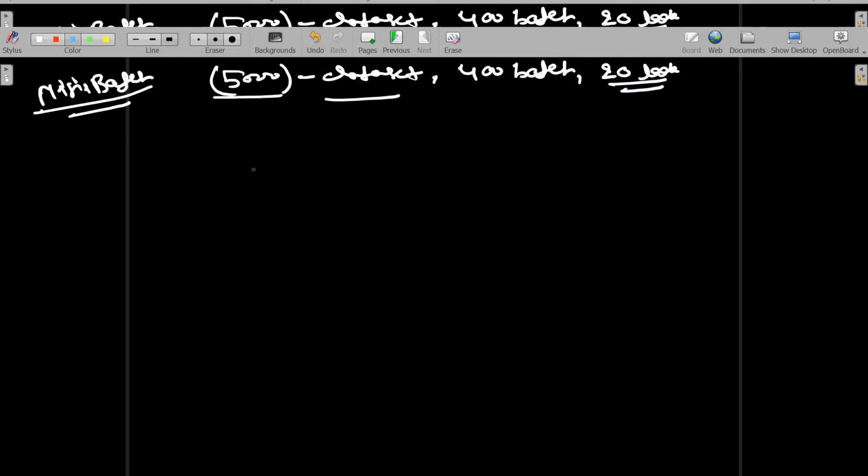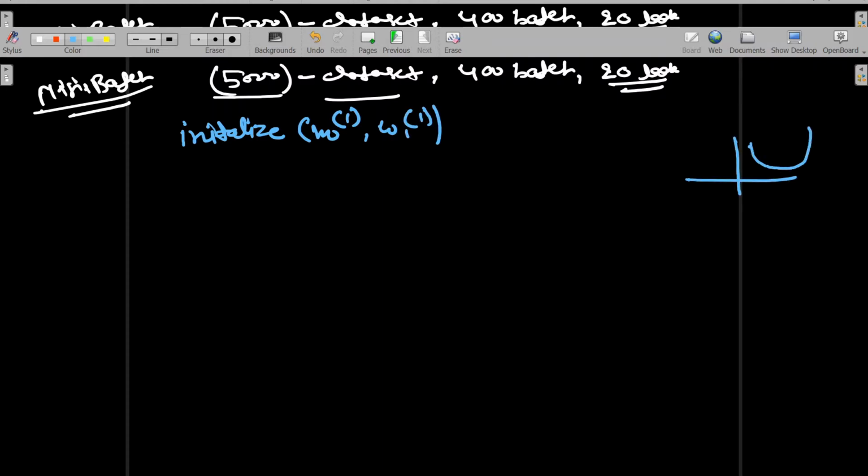So how it is working here: as usual, the way we have done in gradient descent and stochastic gradient descent, initialize, take the initial point, which is nothing but w0 1 and w1 1. You have seen what the graph looks like. I can start from anywhere. I am taking this in two dimensions; in my previous page you saw it in 3 dimensions.